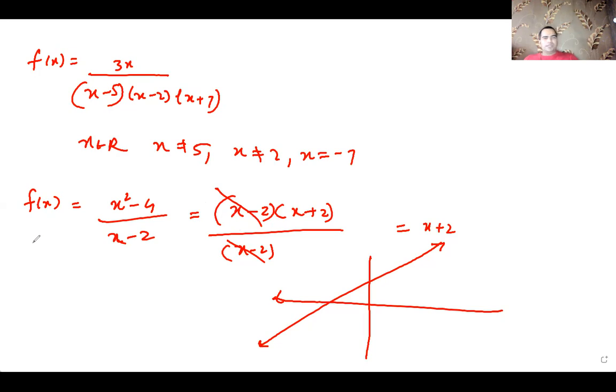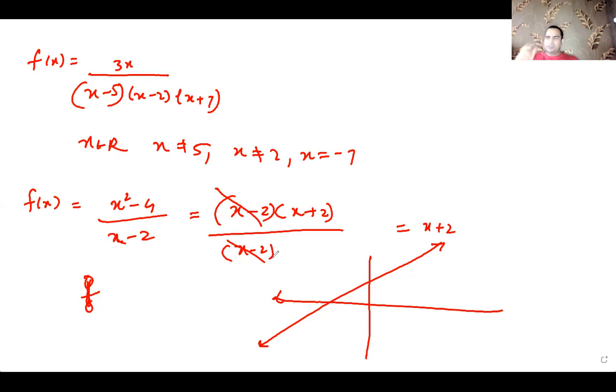When you strike out 0 by 0, I mean, we are canceling out x minus 2 and x minus 2. Now, logically speaking, if I had plugged in x as 2 here, it would have given me the 0 by 0 form. Now, generally,